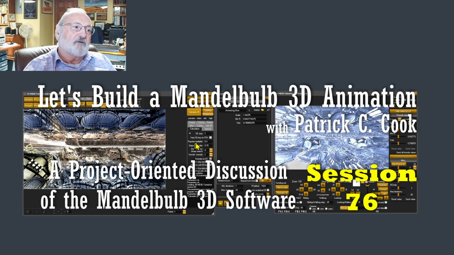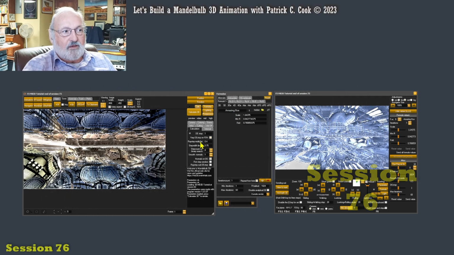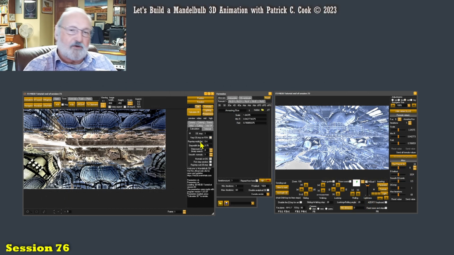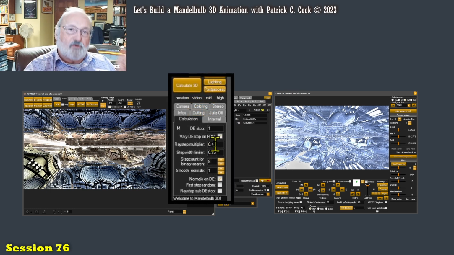The next thing I wanted to talk about is the Raystep Multiplier. Now, from all of my research and experience with the Mandelbulb 3D software, and any reading that I've been able to do on these various functions, this Raystep Multiplier is the second most important property that you can manipulate, second only to the DE stop. It is very powerful. Now, let me just say this: